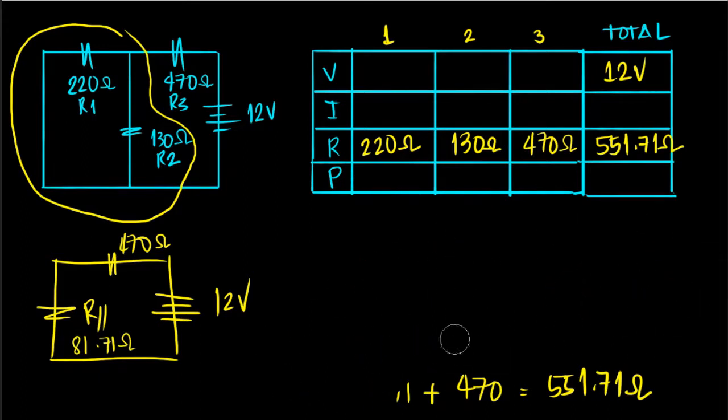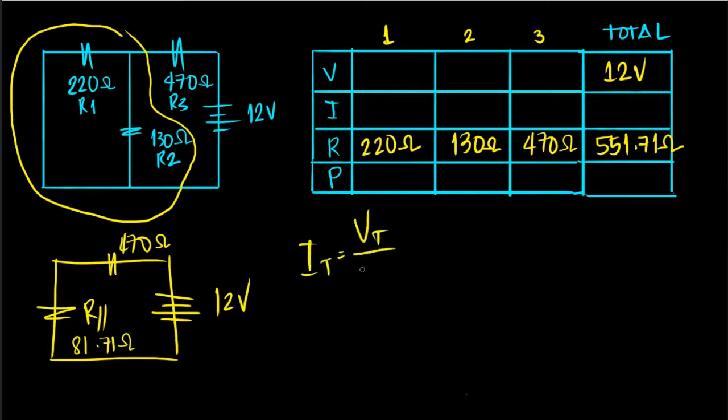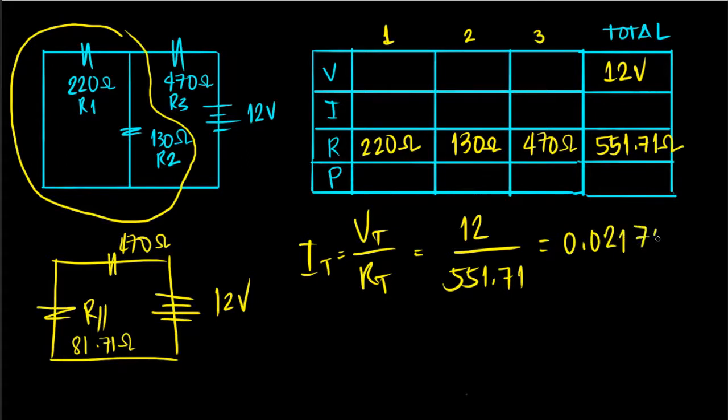Okay. Just like last video, now that we have both the total voltage and resistance, pwede na natin masolve ang total current. So, I total is equal to V total over R total. Ang V total natin, which is 12, is divided by R total nga 551.71 ohms. So, that should give us, okay, it will show you sa inyong calculator 0.02175 and so on. But, guys, when talking about current or voltage or resistance, you should know how to use your